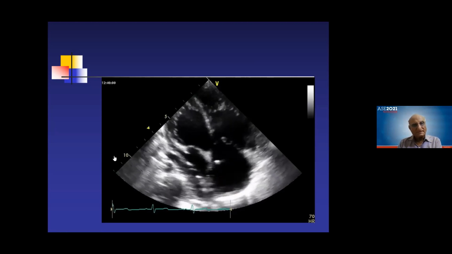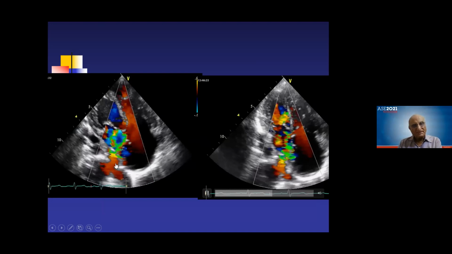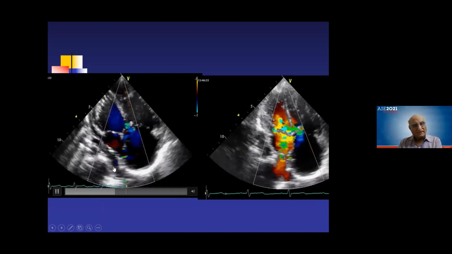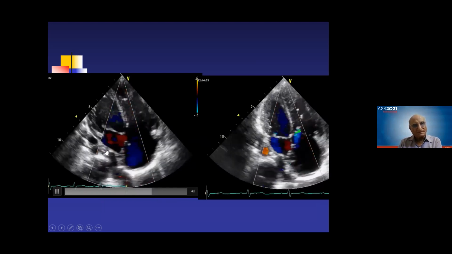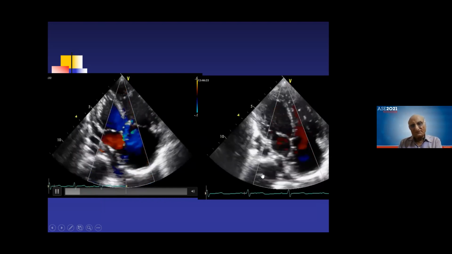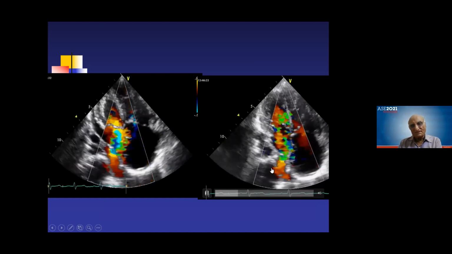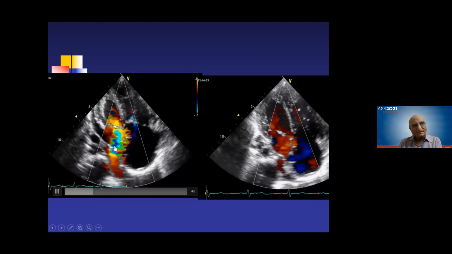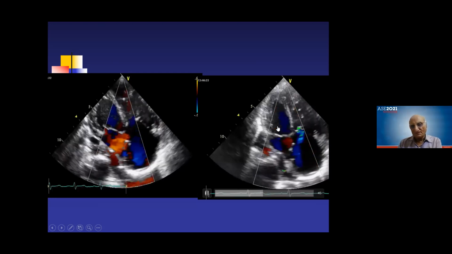So here we have taken a different view. This view is just to show that these are the pulmonary veins which are now draining into the left atrium through this confluence. And this modified view is taken to show that this blood is now going to the left ventricle. So remember, this venous confluence is now going to the LA, and the blood from the LA is now going to the LV.